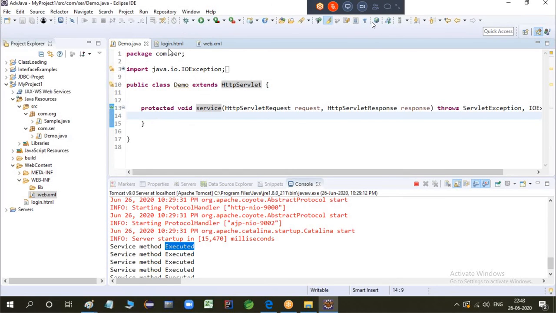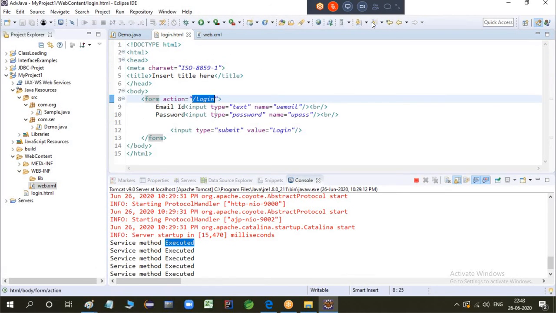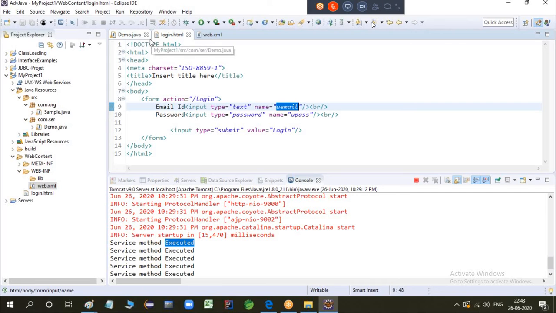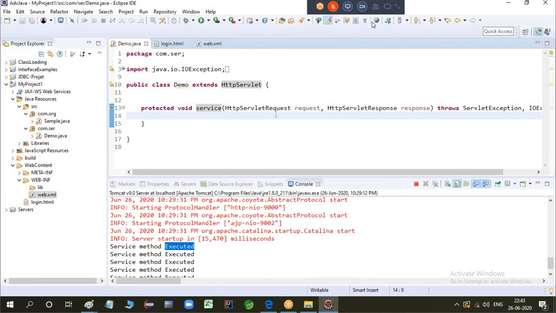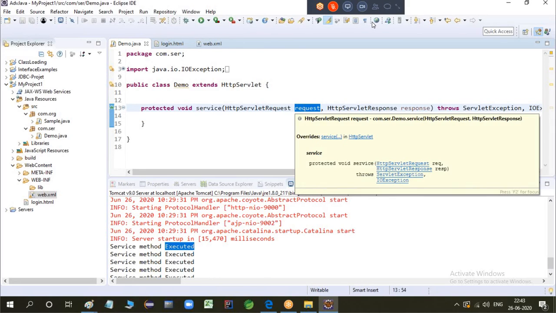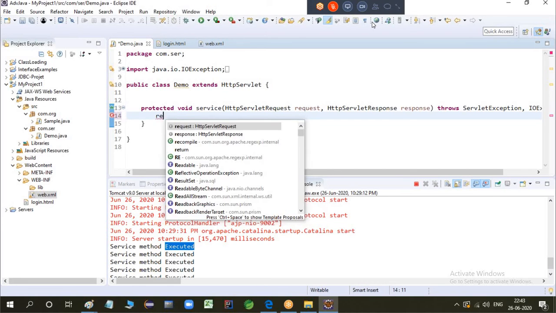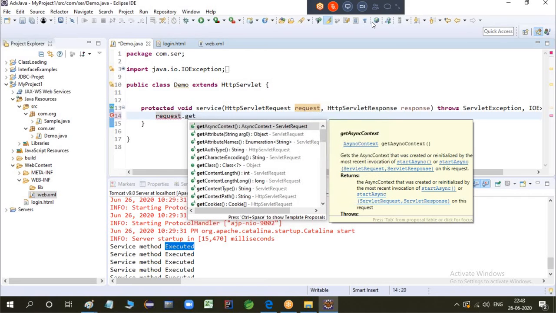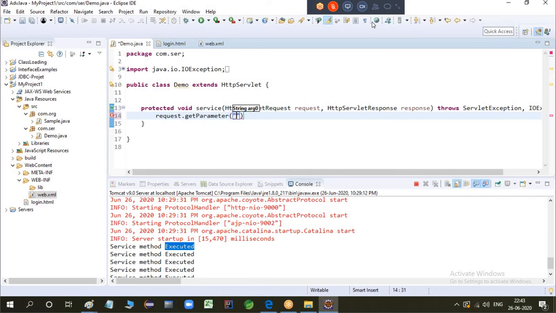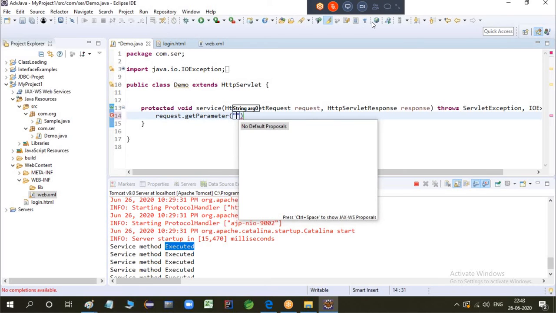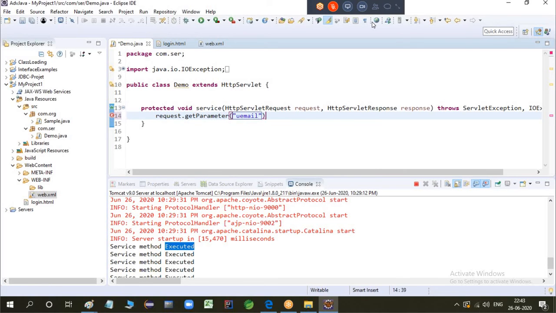Okay, so once you enter login details, enter email ID. You will enter the email ID that will be stored inside the request object now. Okay, that request will go to the server, and server will execute. The request will store inside this request parameter. Service method will execute. Okay, so from that request object, I need to take out the email address. Request dot get parameter. What parameter you wanted to read? User email, and I'm just storing inside a string object.